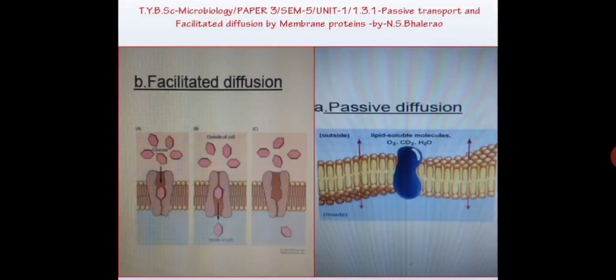Okay, so this is passive diffusion, and here is facilitated diffusion. We see that the bigger molecules like glucose and amino acids are transported from outside of the cell to inside of the cell through particular carrier proteins. Here are the conformational changes. When